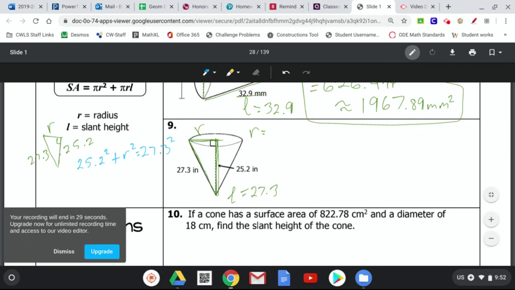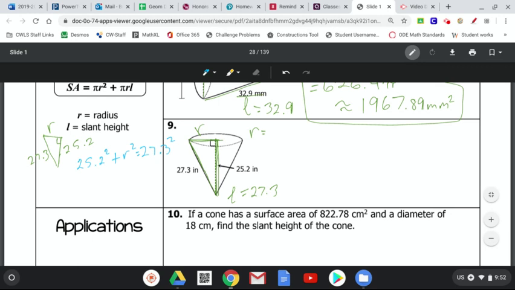This one, since we're going from something big to something small, we're going to have to subtract. So we do 27.3 squared minus 25.2 squared and get r squared equal to 110.25. Make sure you're doing this correctly. We are subtracting here, okay? And that gives us r equal to 10.5, okay? R is 10.5. So our radius